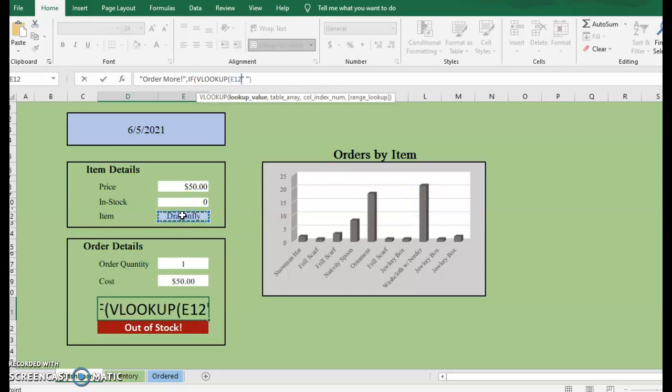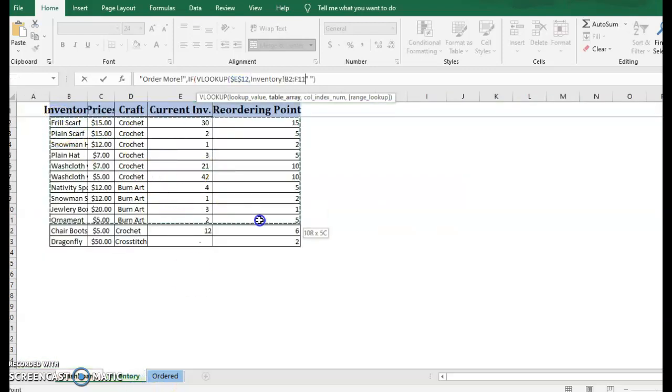This statement, anchored, this array, anchored, column 4, remember the columns 1, 2, 3, 4, this one right here, column 4, close parenthesis, if that section equals 0,